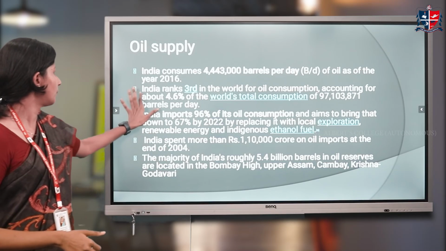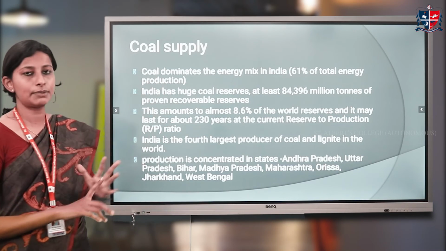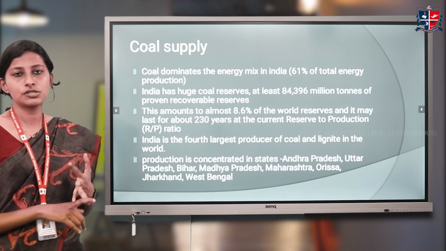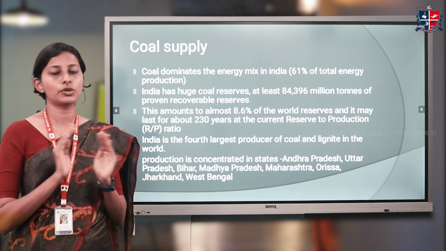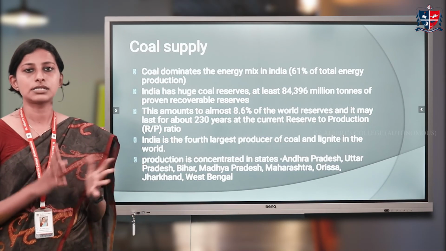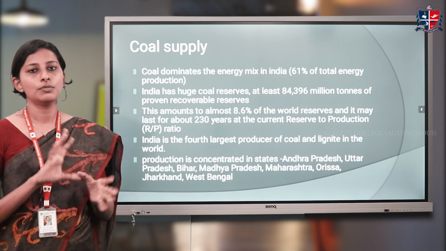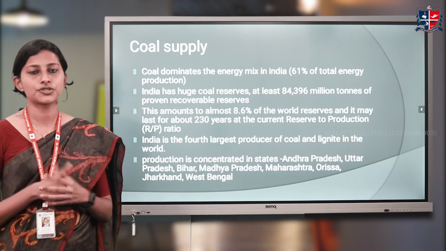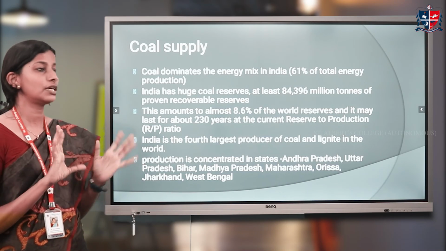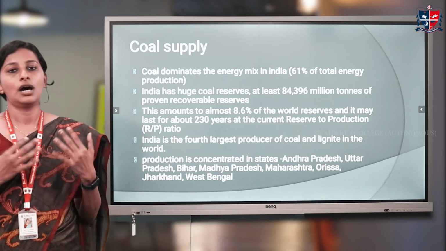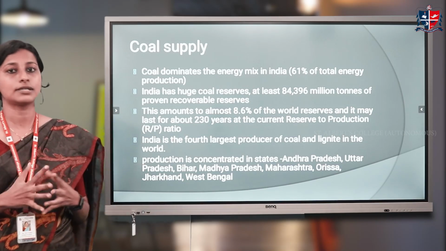So in today's session, I am winding up with just these two: coal supply and oil supply, which we have discussed. This is the Indian energy scenario. We are not looking at it globally. In India, 61% we obtain from coal. Almost 20 to 30% of our production is from oil, of which 90% is imported. So this has given a rough idea of how much energy our country is producing and from which sources. Hope it is clear. Thank you.